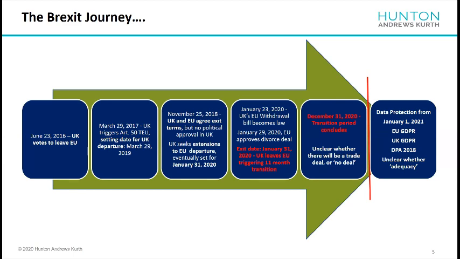Any deal on this front still hangs in the balance, but irrespective of whether there is a deal to be done or not, the transition period will expire at the end of this calendar year at 11 p.m. During transition, almost all EU law, including the GDPR, continues to apply directly in the UK. But from the expiry of transition, our data protection laws and other laws too will change.